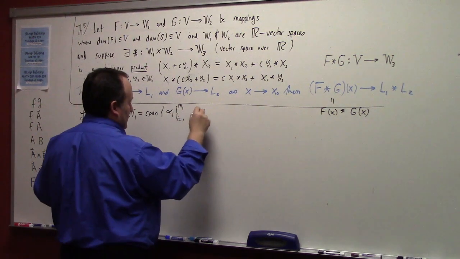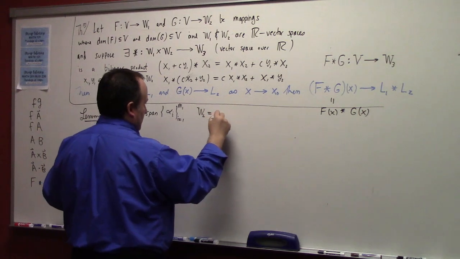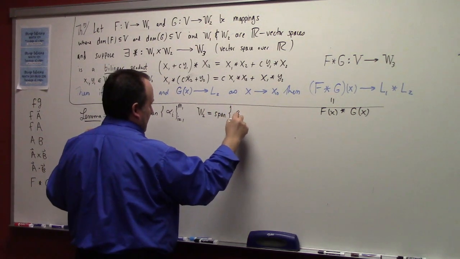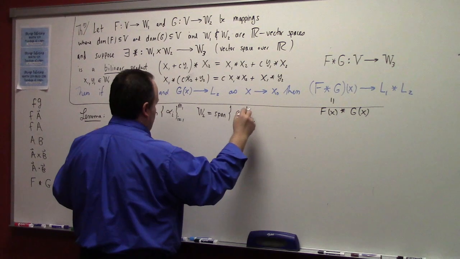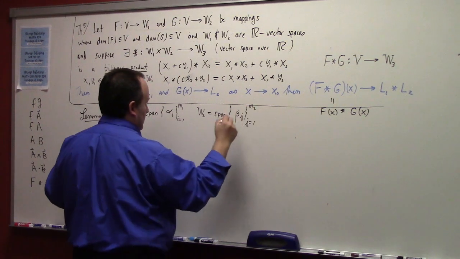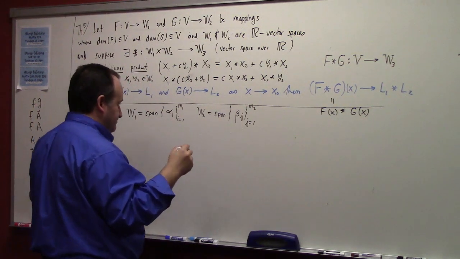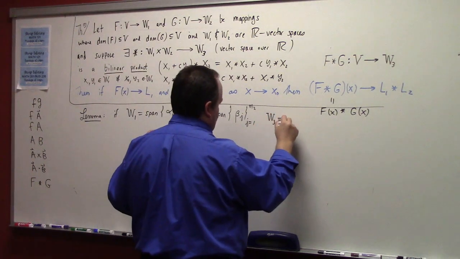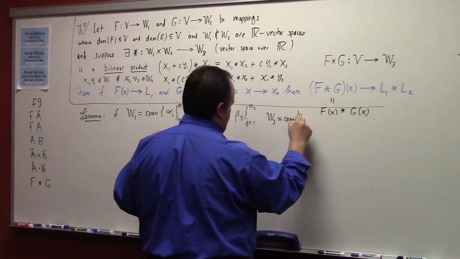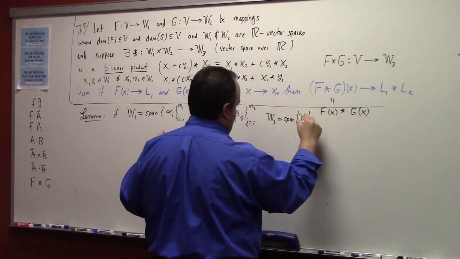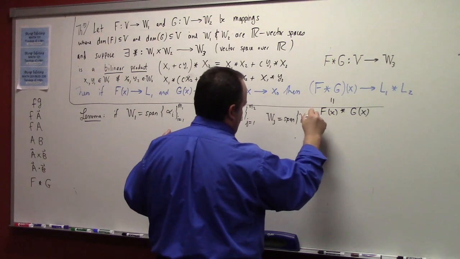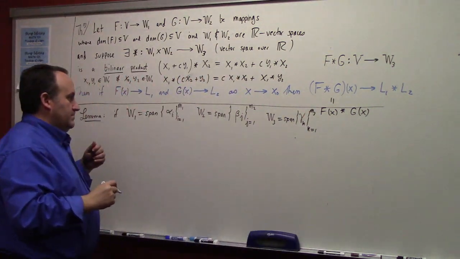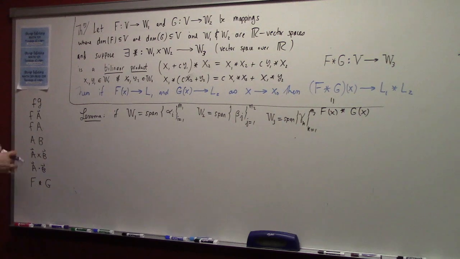And W2 is the span, I'll use beta, beta sub j, j equals 1 to M2. And W3 is equal to the span of, I guess I'll use gamma, why not? Gamma sub k, k equals 1 to M3. Then if those are bases for those vector spaces respectively, then